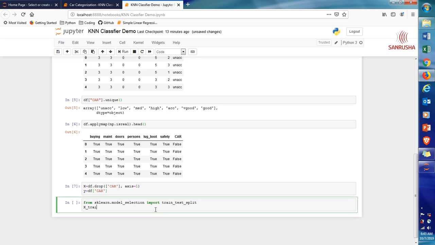Now x train, x test, y train, y test equals train test split x y, test size. As usual, we will do 20% test size and random state going to be 0. Very good. Awesome. So far so good.